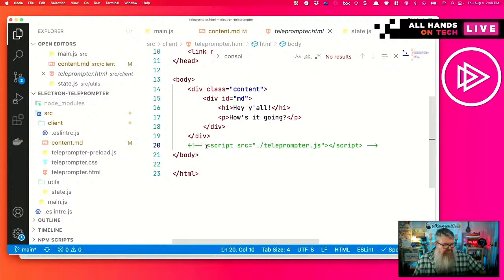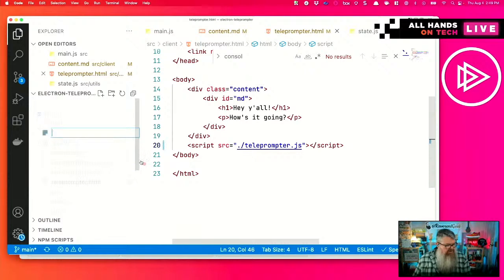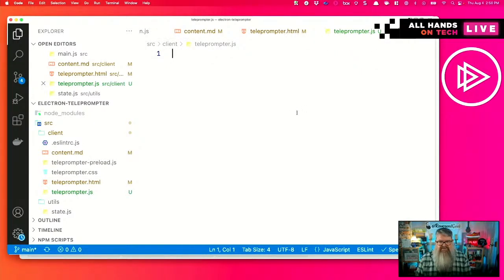I've got already a placeholder here for a JavaScript file. So I'm going to uncomment this and create a new file, teleprompter.js. And just to make sure that this is working,